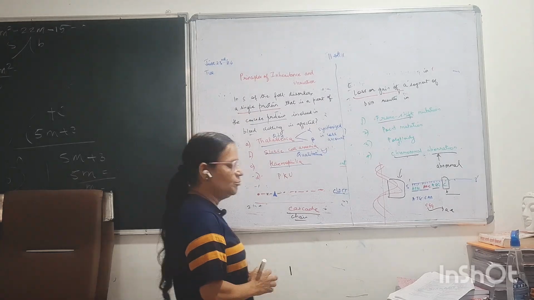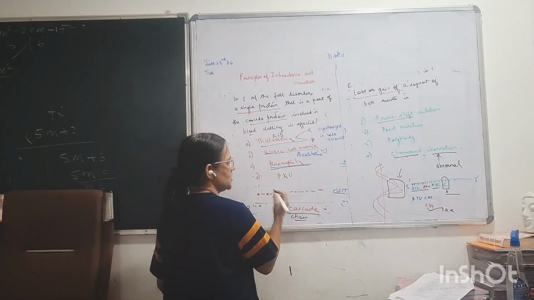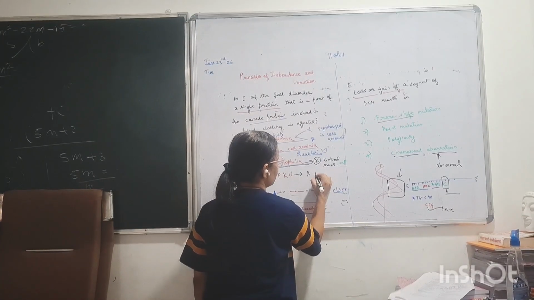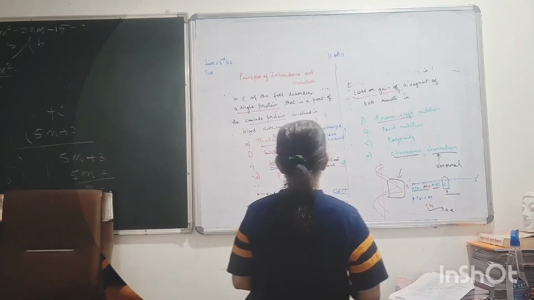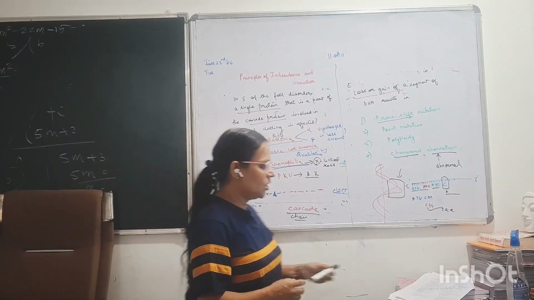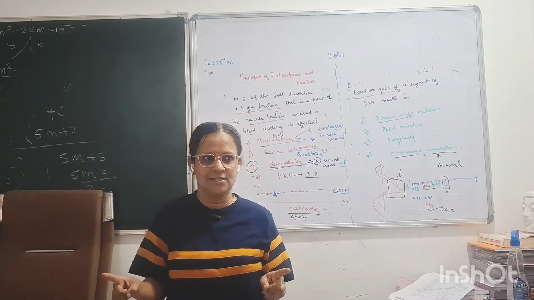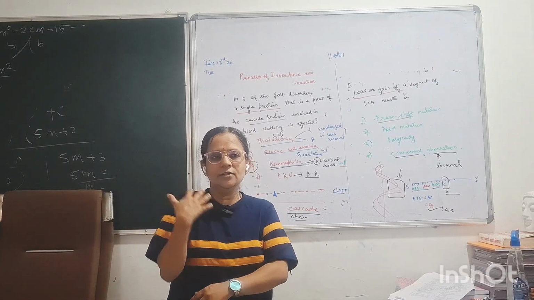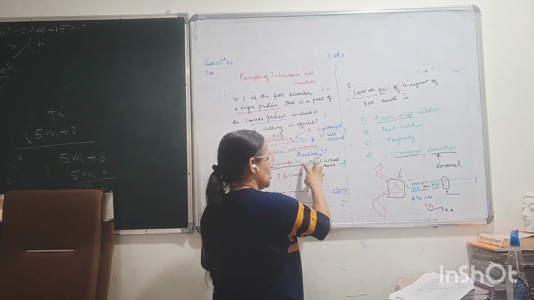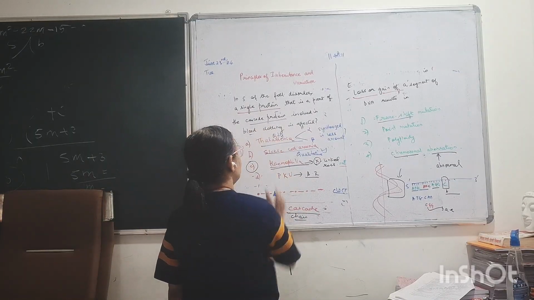Hemophilia. Now hemophilia, we know that it is an example of X-linked recessive. Phenylketonuria is an example of autosomal recessive. The correct answer is hemophilia, because hemophilia is also called bleeder's disease. Once it starts bleeding, the bleeding continues on and on, right? In that case, the clotting does not take place. So hemophilia is an example of cascade proteins, right?